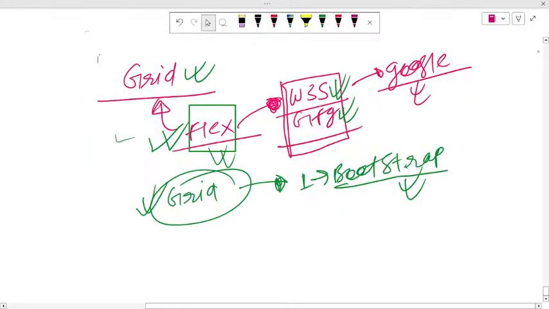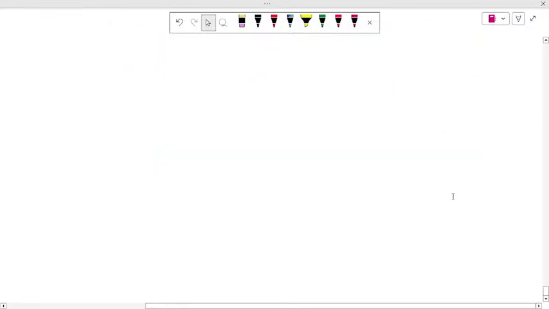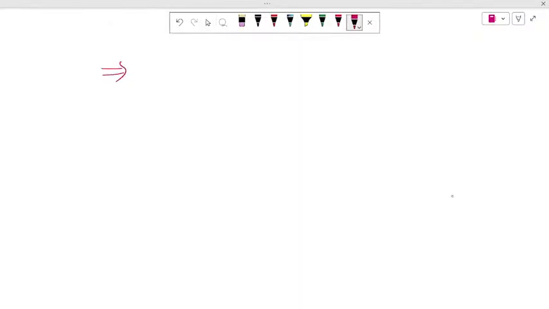Okay guys, let's start the session. In the previous session we have covered CSS flex. We already have covered this. Do you guys have any problem to understand this concept, flex? If not, let's continue the session